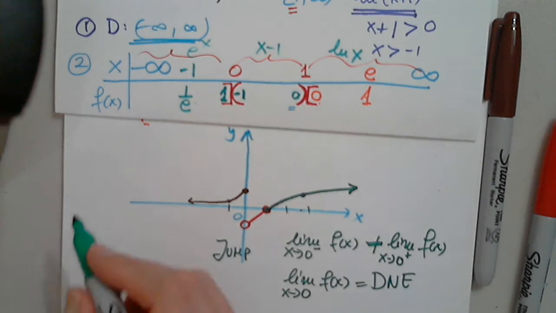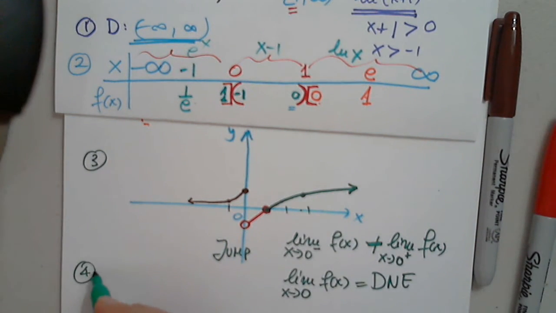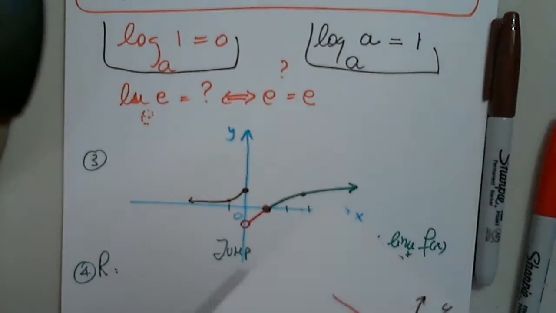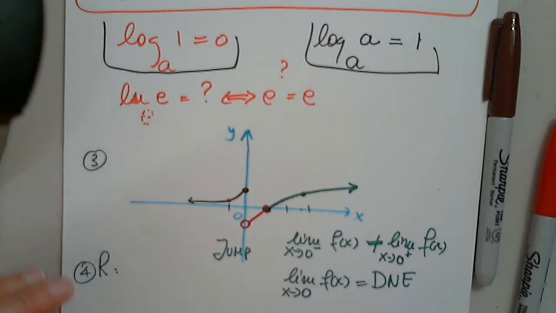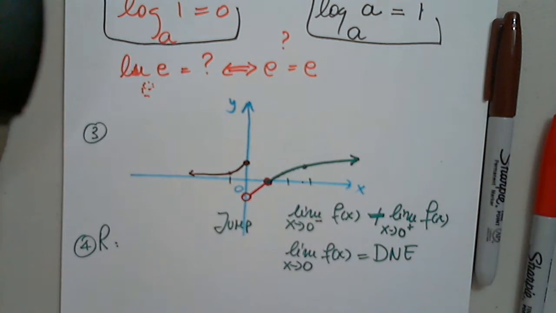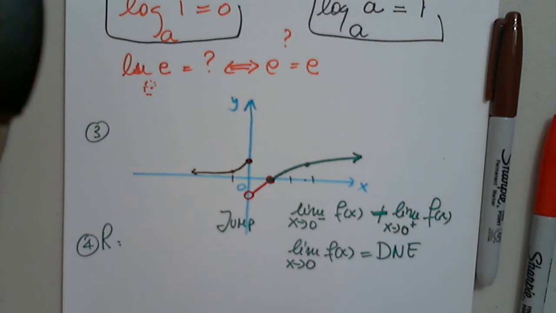Final step, step number 4. So this was step number 3. And step number 4, I have to identify the range of this function. Anyone who hasn't said anything so far, can anyone tell us the range of this function? Ethan and Elena and Janelle, anyone who has not said anything, can anyone identify the range for this? RJ? Would it be from